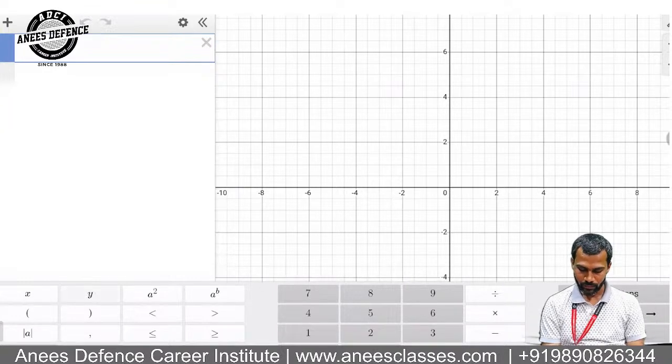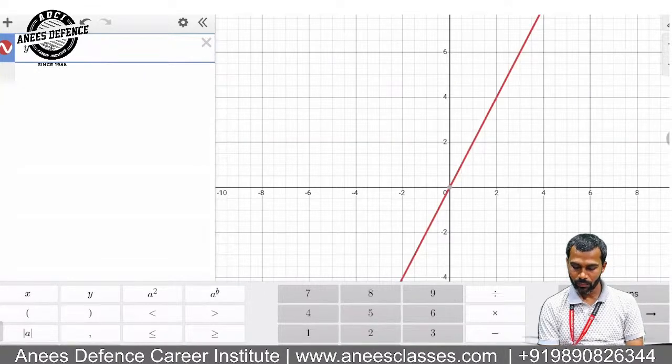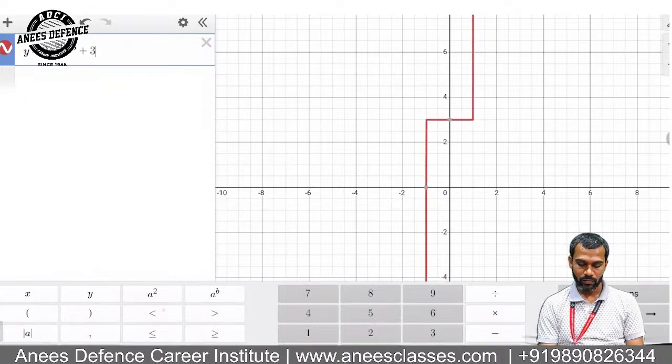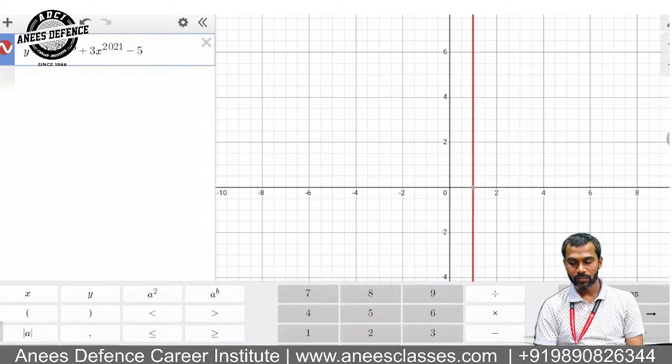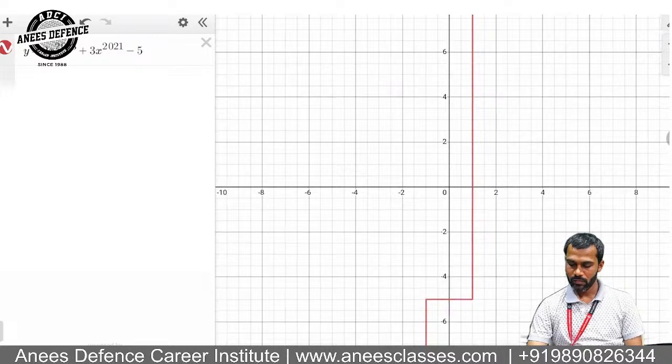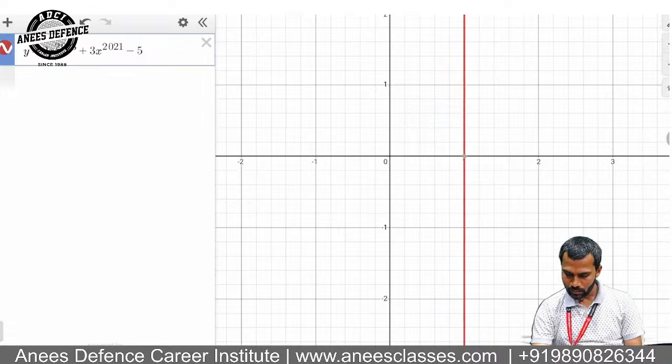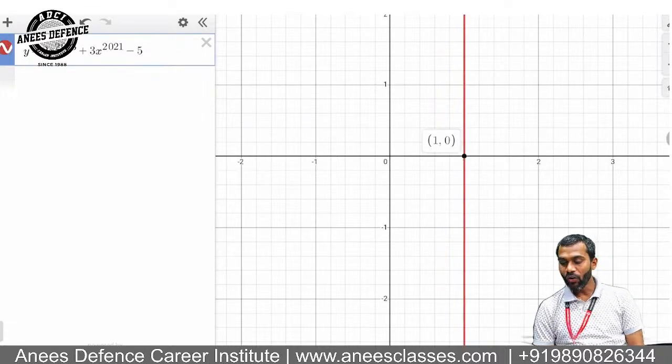y is equal to 2x to the power 23 plus 3x to the power 21 minus 5. See, this point is 1 comma 0. Now if you see,